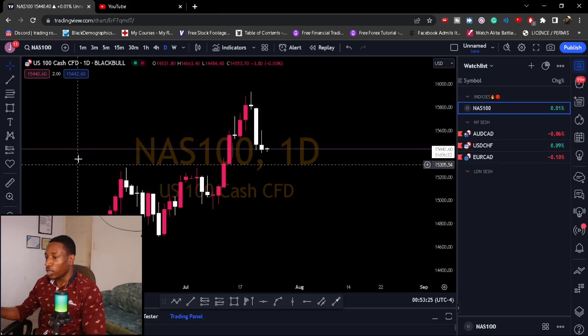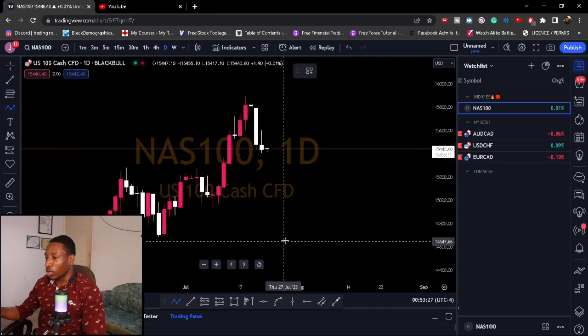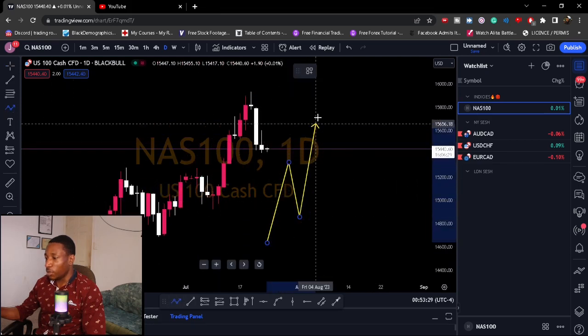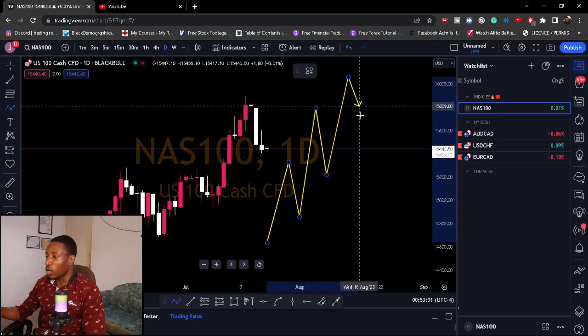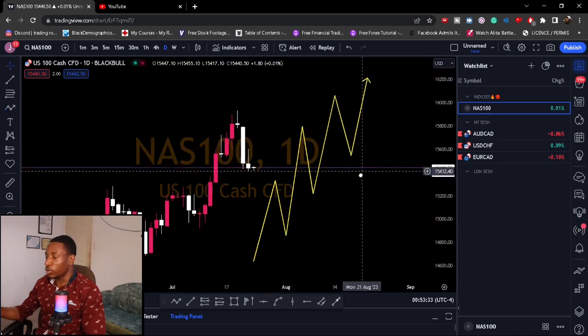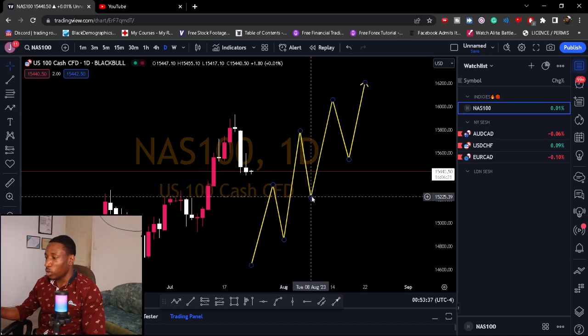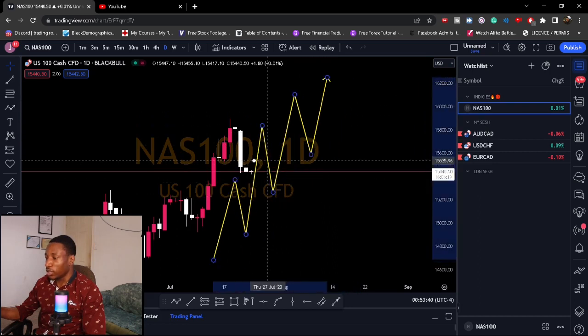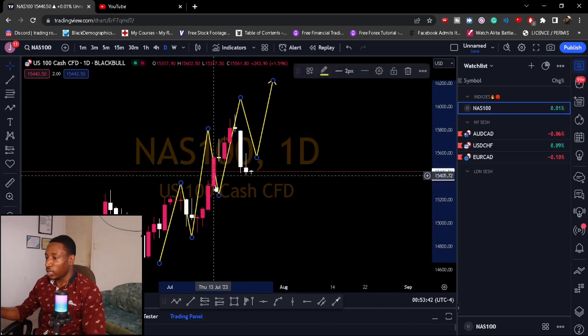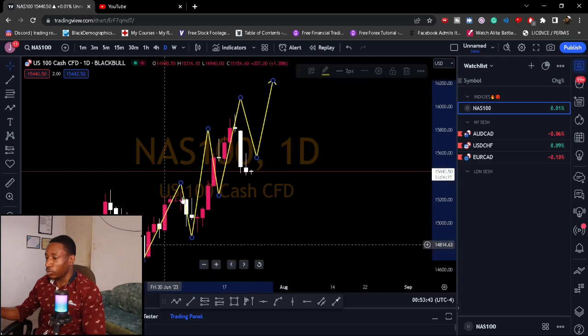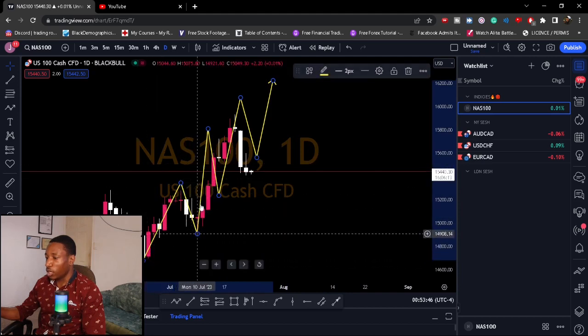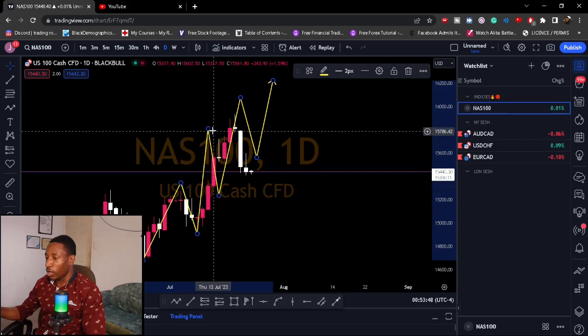So again, like I told you guys, pay attention to this particular pattern, right? Because this is what happens when price is trending. Whenever it goes up, it will come down. Whenever it's down, it will go up. Literally like this, guys. Boom, boom. It went down, it went up, came down, right? Went